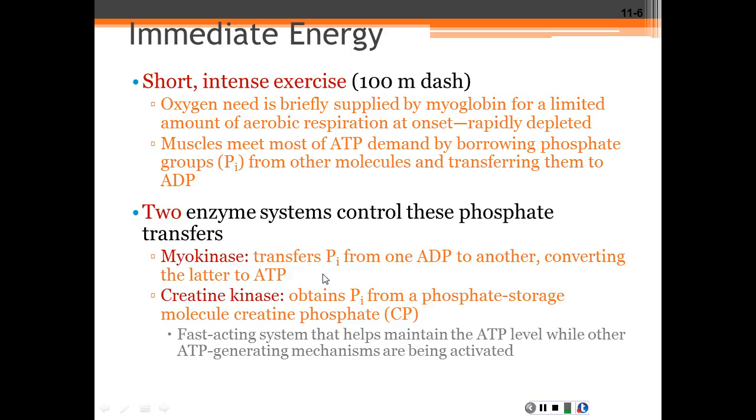So here, these are the 2 enzymes that are helping to make ATP without the use of oxygen. The myokinase is going to use a phosphate from another ADP group, and then we have the creatine kinase, which obtains its phosphate group from creatine phosphate to help with making more ATP. Okay, so the ATP and the creatine phosphate, sorry, they are considered to be the phosphagen